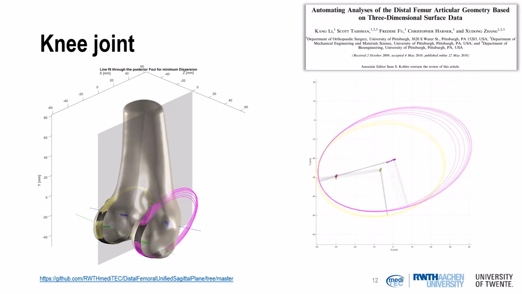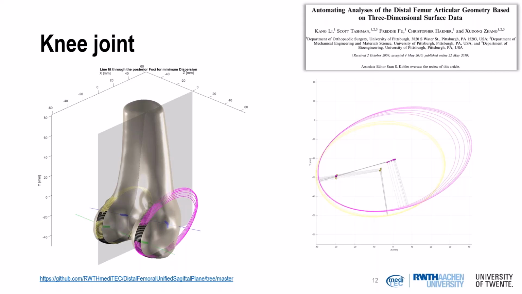On top, we performed a knee joint processing as we had to introduce anatomical coordinate systems. And there's a very nice publication from Lee et al., called Automating Analysis of the Distal Femur, and they proposed a computational framework to calculate a so-called unified sagittal plane. There's also in literature a big debate on how to define anatomical coordinate systems. And we tried different approaches, but this is what we found to be a very robust method,